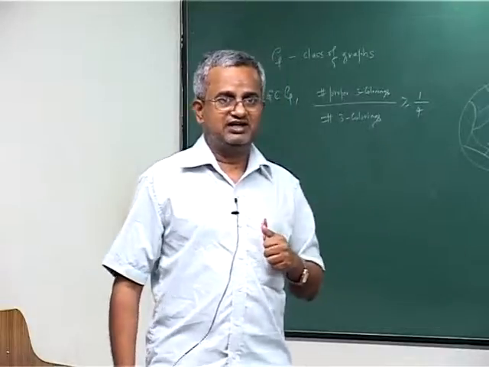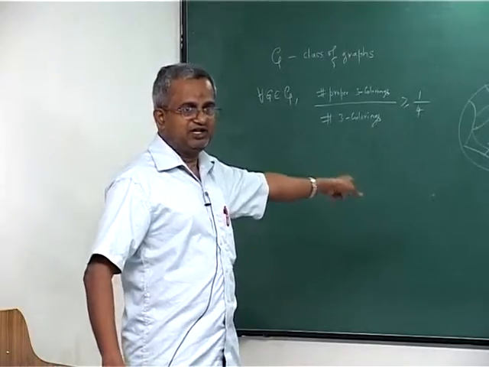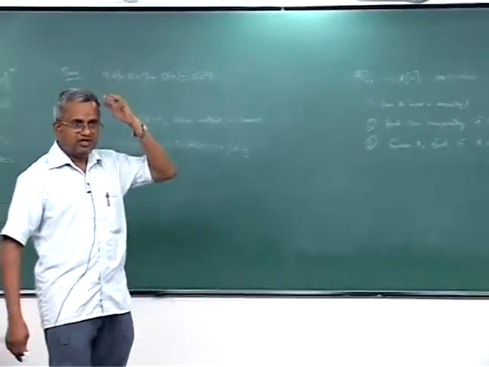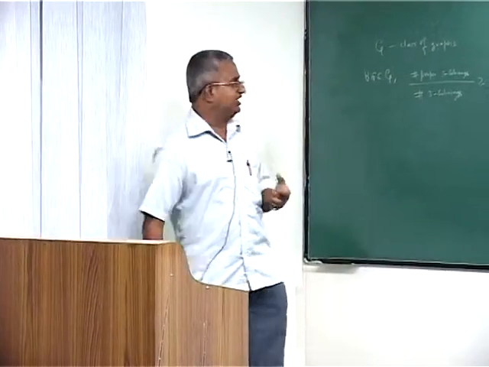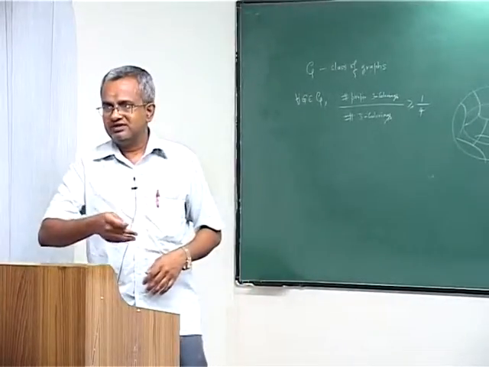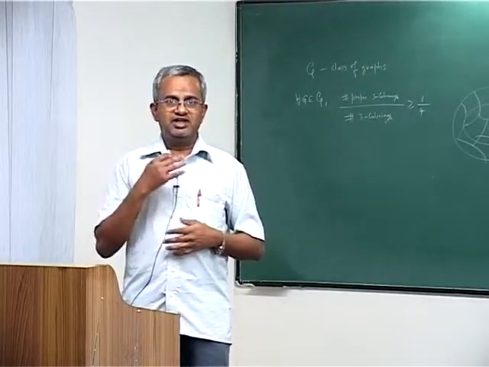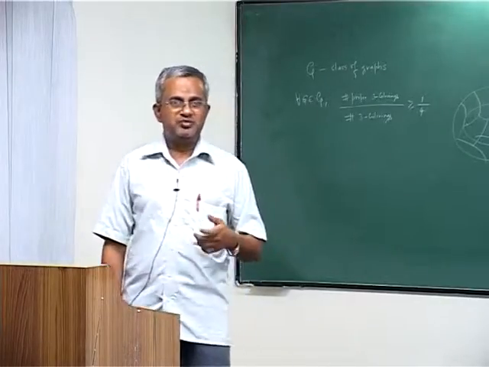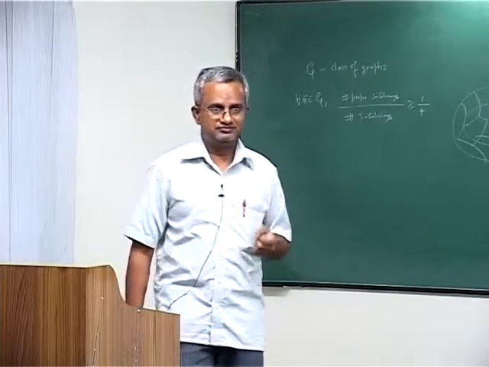The advantage here is that one can use this idea to design a Las Vegas algorithm for finding a proper 3 coloring in this case, which you do not have any such hope for in these 2 instances. Why? Look at the first iteration: it will be a proper 3 coloring with probability at least 1/4. If not, you repeat the algorithm with independent coin tosses. So, what is the probability of making an error? 1 minus 1/4, which is 3/4.